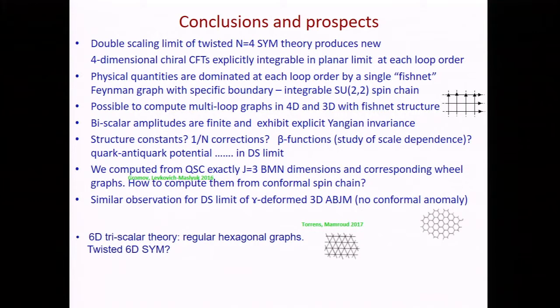And the corresponding amplitudes based on these Fishnet graphs, triangular or hexagonal, can also be studied. There can also be graphs composed from Yukawa vertices in 4 dimensions of this hexagonal kind. There are many directions here, and I think potentially it's also a very useful tool to compute interesting Feynman graphs,